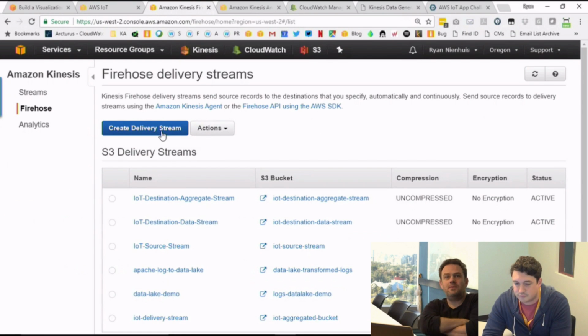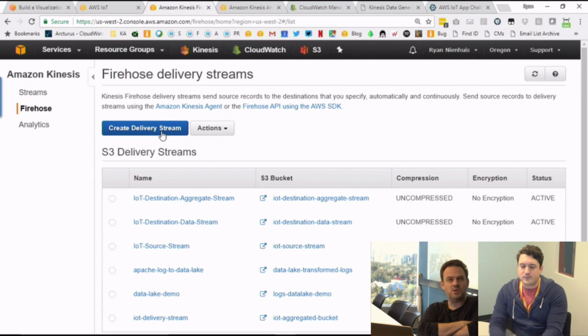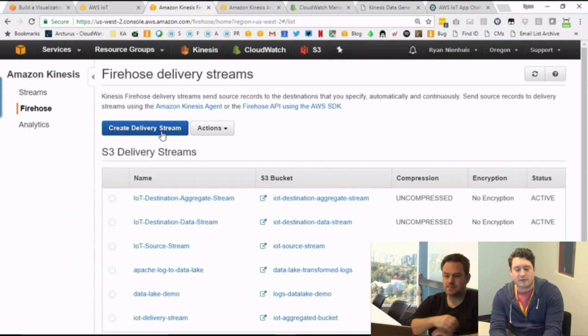So Ryan, what's the big difference between the two? Even though I love these services, I always get stuck about which one do I choose and for what? That's a great question. Firehose serves a very broad and simple use case, and it serves it very, very well. And that is, how do I ingest a large volume of small records and get them into my downstream analytics services quickly with very little operations and very, very cheaply?